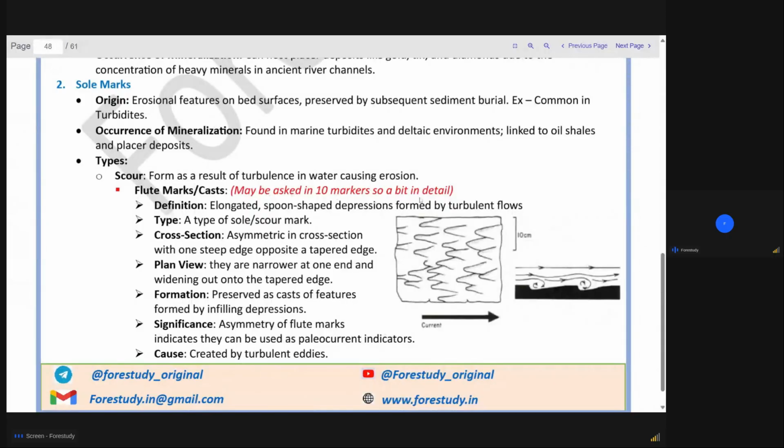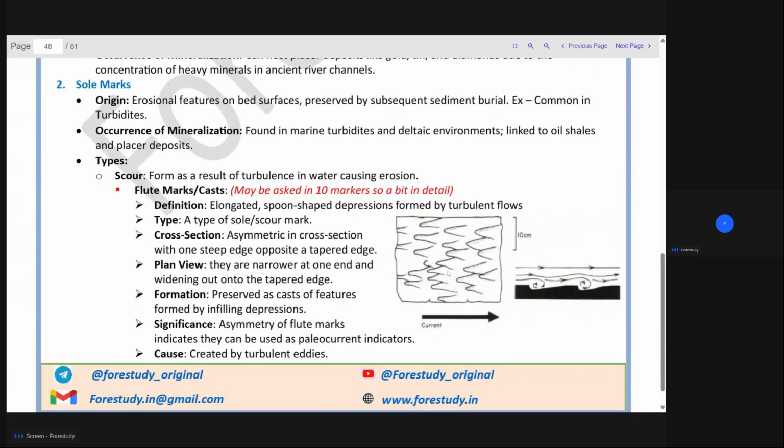So a little bit in detail. Sometimes these are asked in questions. So, write a note about flute marks. You'll have to write all those things. Also, you have to draw this kind of diagram. So see, this is a flute mark, and this happens because of this turbulence of water. And the current direction is towards left to right, and the convex shape, or the arrowed shape,